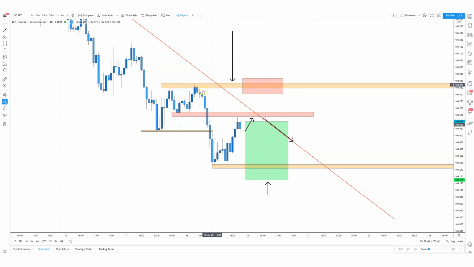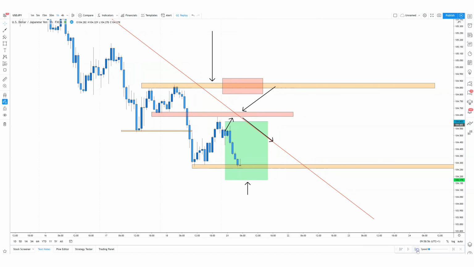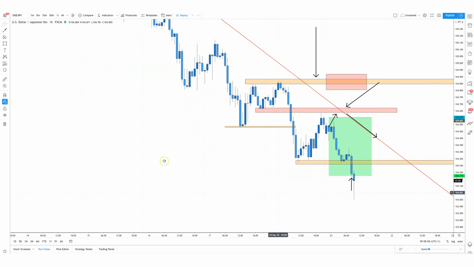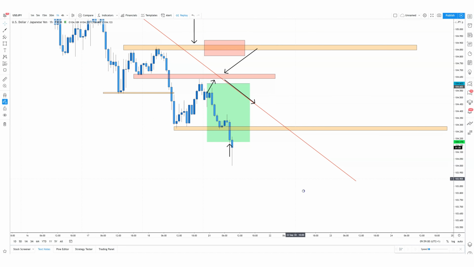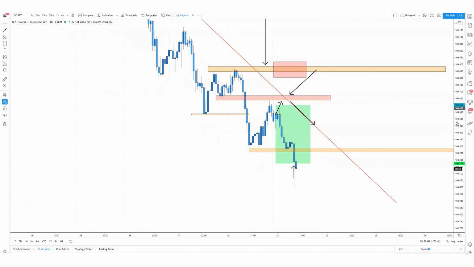Now, if price broke above this, would we be looking for potential buys? Maybe not, because this is still the current lower high that made the low. So we could be looking for some potential double tops here. And if not, as long as price trades below this brick wall, then you're good for sells. And look here, what happened? Market continued to plummet down and broke this previous structure. So very simple analysis, keeping it very simple,